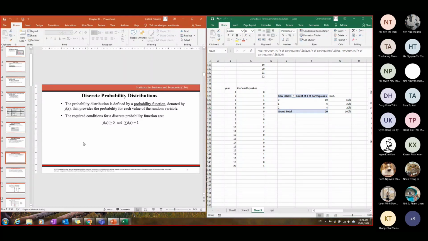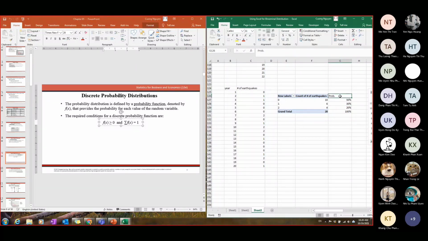Of course, when we talk about the probability distribution, we have some conditions and requirements. First of all, the function f(x) is actually the probability. The first requirement is that each probability must be larger than or equal to 0. They cannot get a -1, they cannot be negative values. They must be positive values. However, all of the probabilities have to sum to 100%. That totally makes sense, and we learned it already.